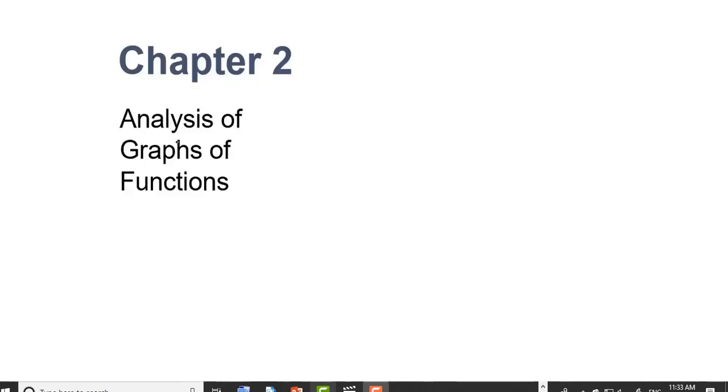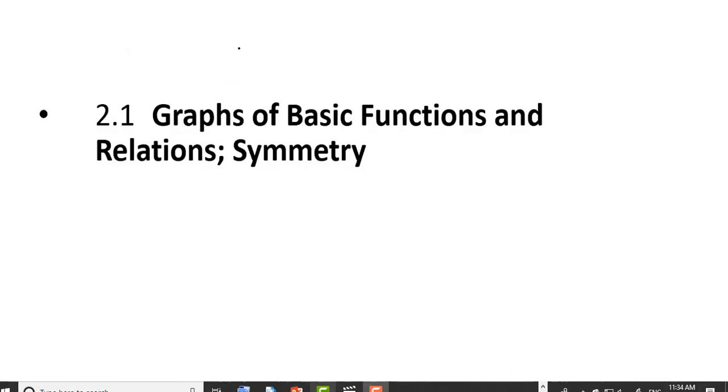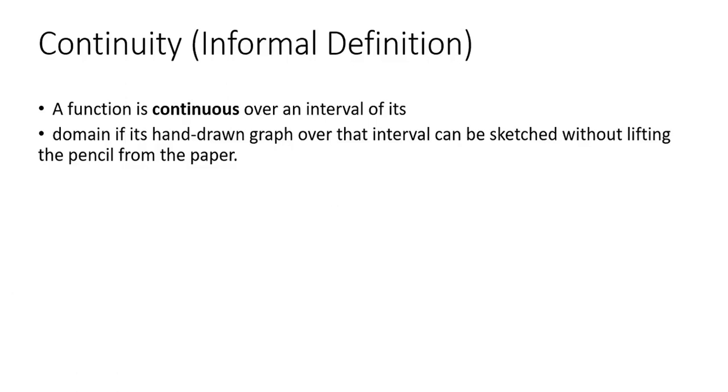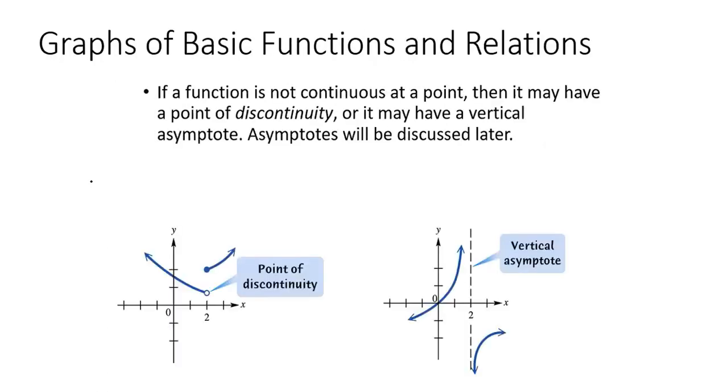Okay, we're going to talk about analysis of graphs of functions today, graphs of basic functions and relations, and symmetry. A function is continuous over an interval of its domain if its hand-drawn graph over that interval can be sketched without lifting the pencil from the paper. So it would be continuous if I can draw the graph from left to right and continue doing that